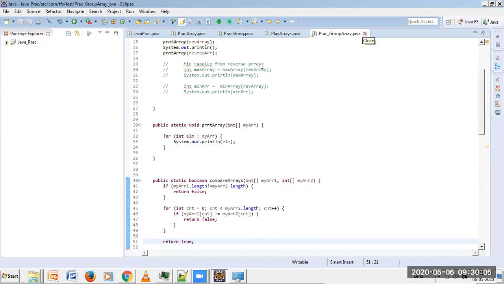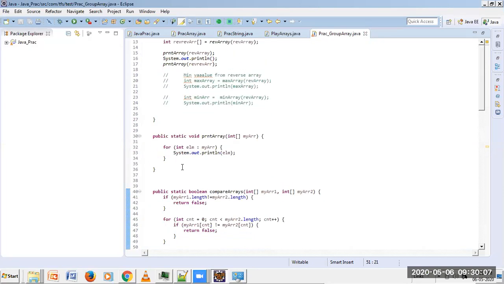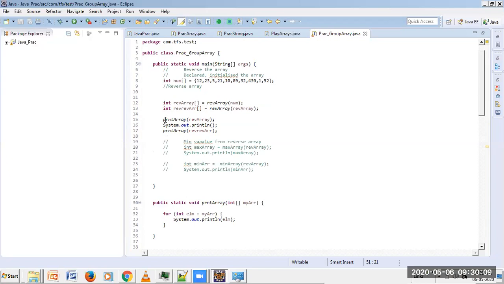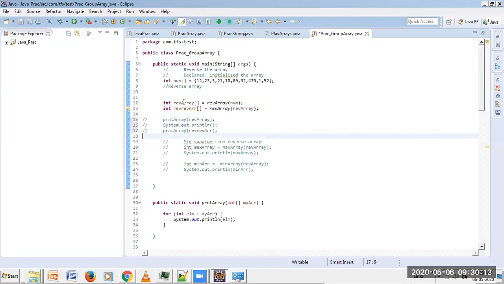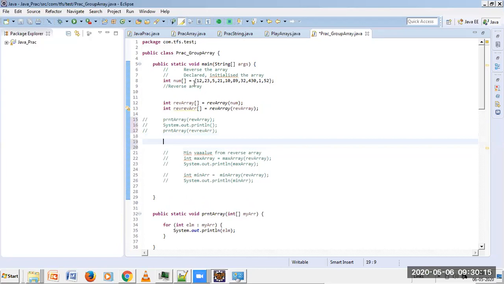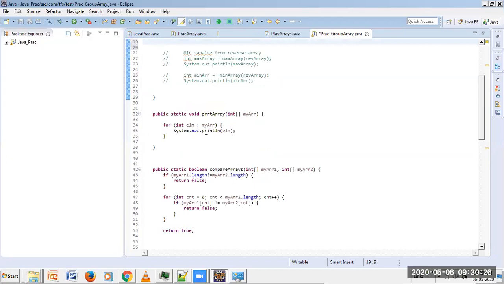Yes. So for example, now instead of printing both the arrays over here, let me try to call the comparison by passing the original array and then the reverse of reverse. Yes or no? Original array and then the reverse of reverse. So over here, the method is compareArrays.